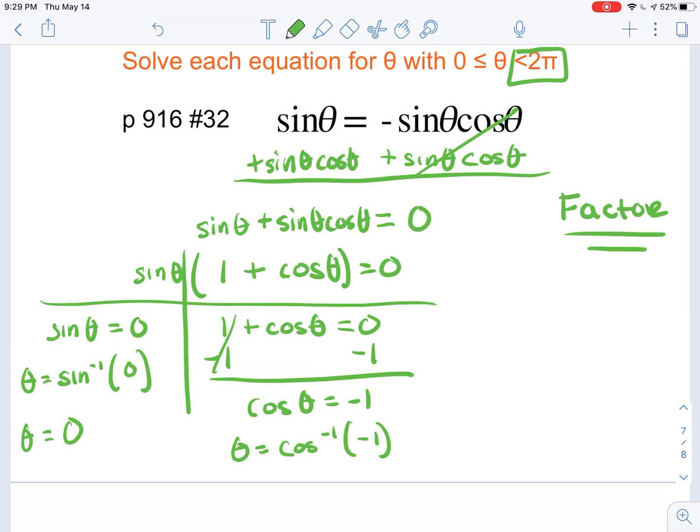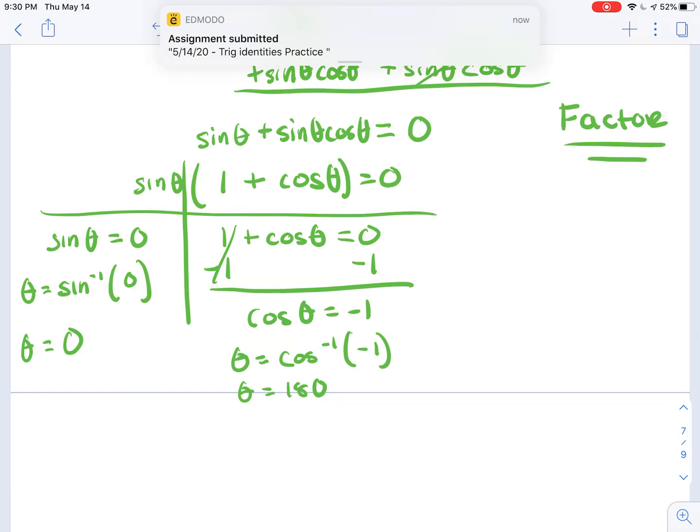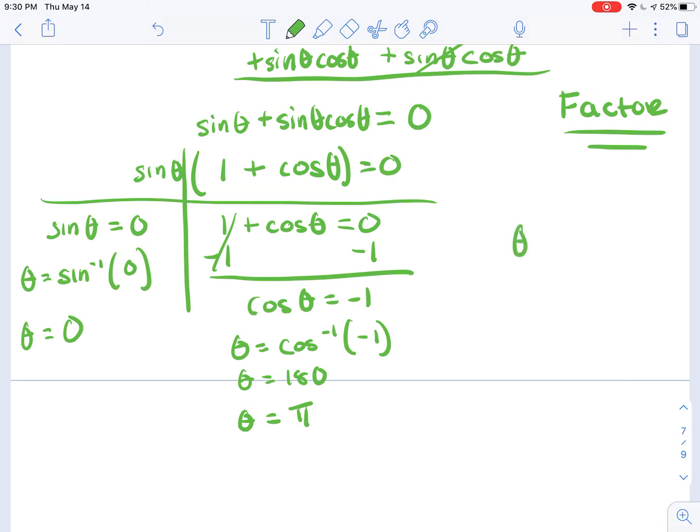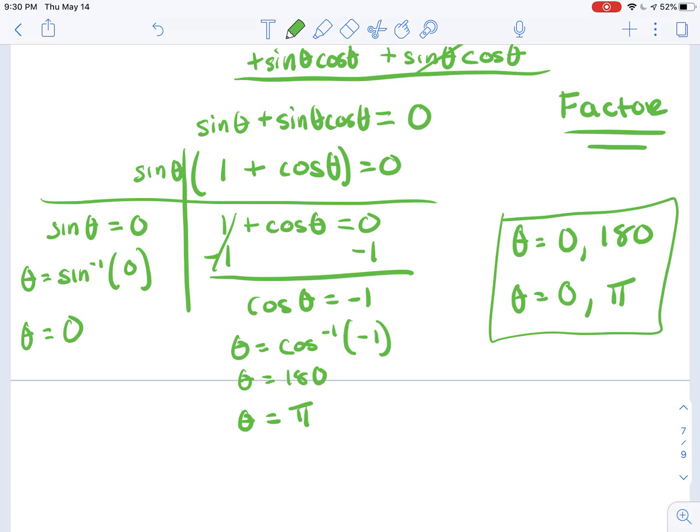Okay, so now how do we solve this one? I'm going to isolate my trig function and use my inverse trig function. Cosine inverse of -1 is equal to... what do we get on our calculator? Great. This theta is equal to 180 degrees. Well, there's only one angle that has 180 degrees as its reference angle. So we don't have another one of these. So what's left? Well, I need to convert this to radians. So theta is equal to pi. So my answers